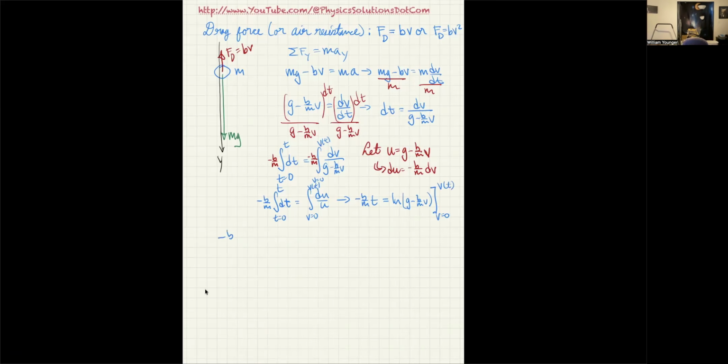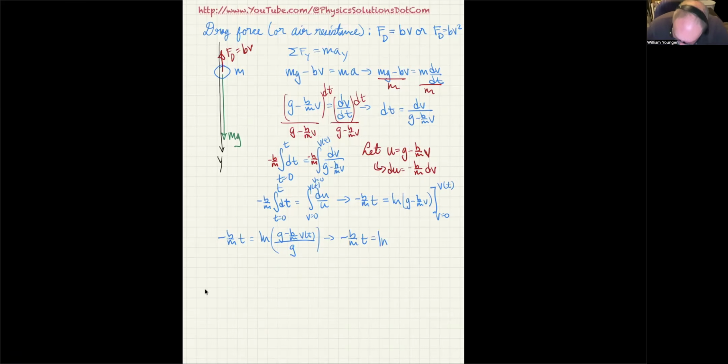So I get negative b over m t is equal to the natural log, and now I'm going to say it's g minus b over m times v of t over, remember subtraction, the ln of a minus the ln of b is the same thing as the ln of a over b. So that's what I'm using here. And when I evaluate v at v equals 0, then the g minus b over m times v just becomes g, like that. So now I can see that negative b over m times t is equal to the natural